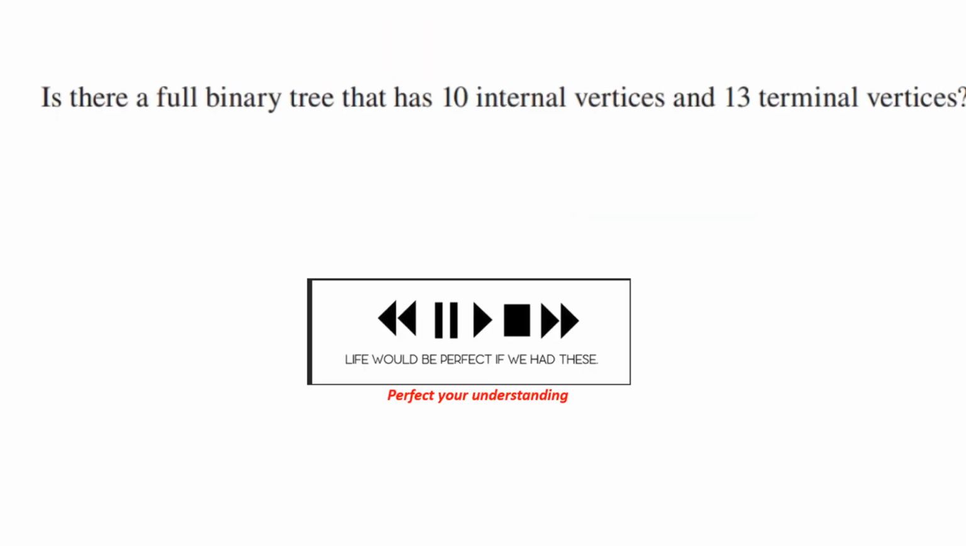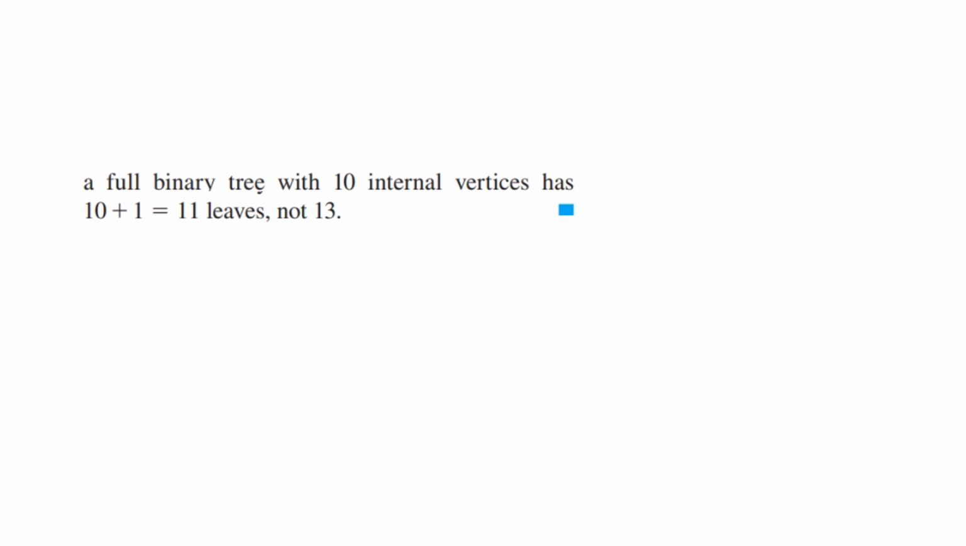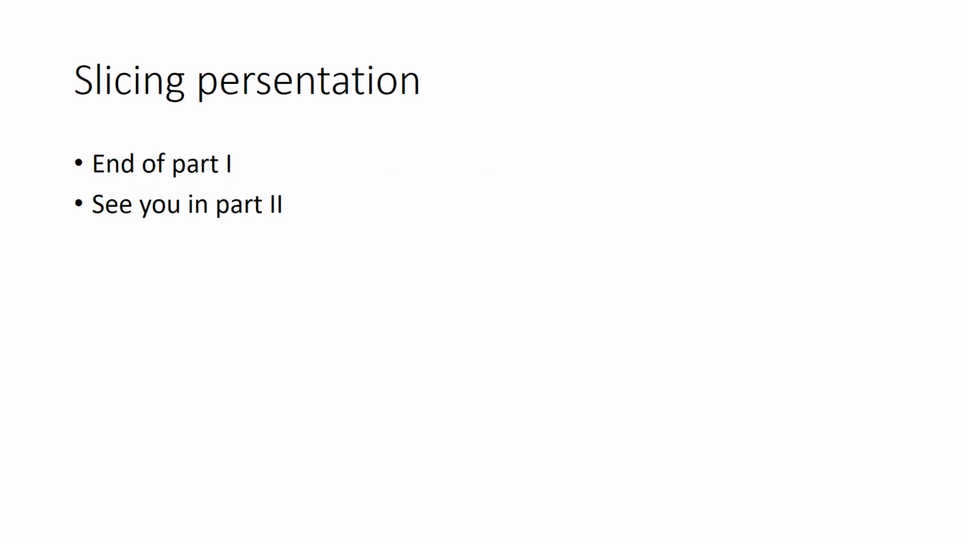So now I will ask you a question. Is there a full binary tree that has 10 internal vertices and 13 terminal vertices? Hit pause, think about the problem, and we'll see how you did. And the answer is no, because a full binary tree with 10 internal vertices has 11 leaves, not 13. And that's the end of part 1. So I will see you in